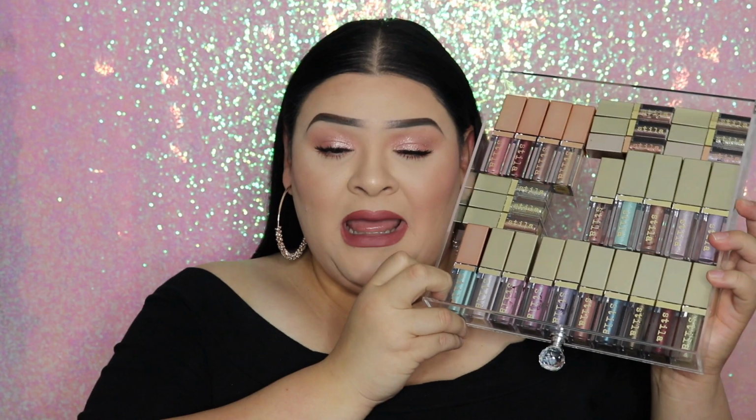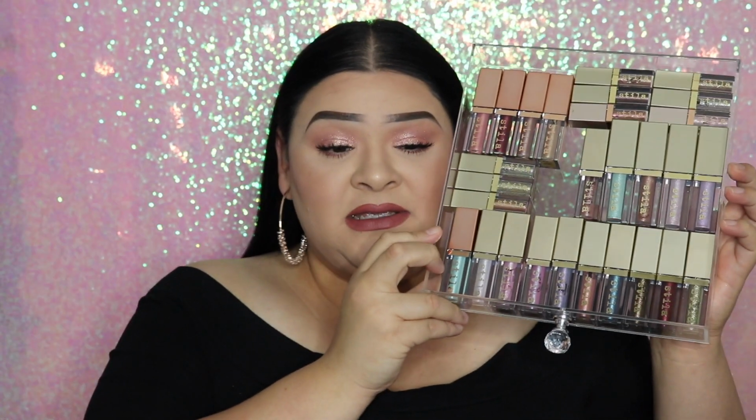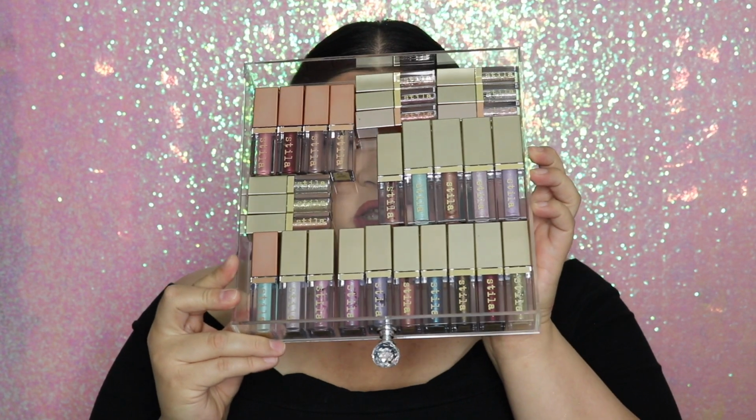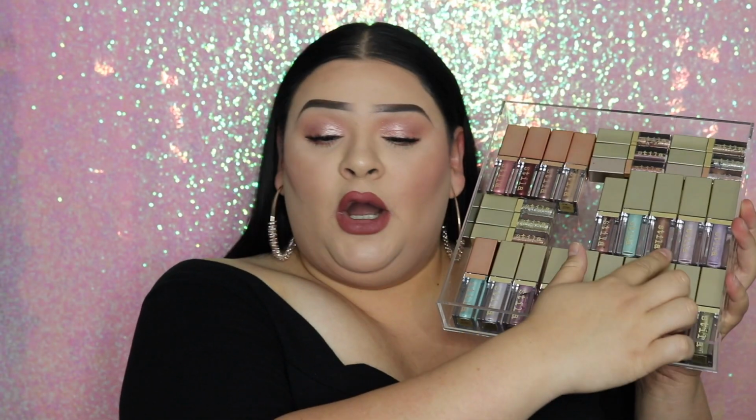Now I'm going to start off obviously with my absolute favorite brand, and this is probably the brand that brought out my love for liquid eyeshadows, and I'm talking about Stila Cosmetics and their Glitter and Glow liquid eyeshadows. Now this is my little drawer that I have, and this is all Stila liquid eyeshadows, as you can see. Now these little fat guys right here are